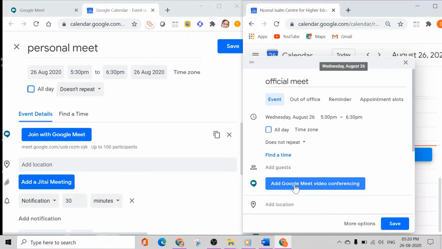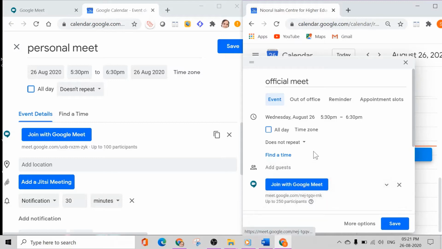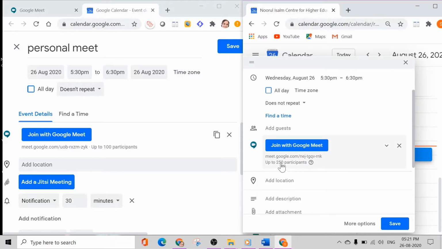The same way, I can have a Google Meet video conferencing here. I can just enable that. I'll get a link for my Google Meet which says that I can have up to 250 participants. Since this is an institutional ID, I can have 250 participants, and this is a personal ID, and that's why I can have only up to 100 participants.